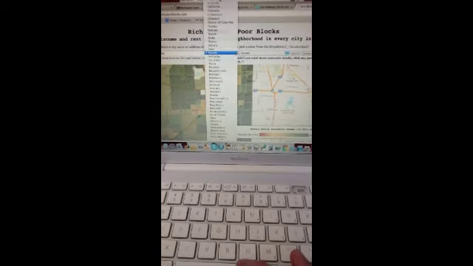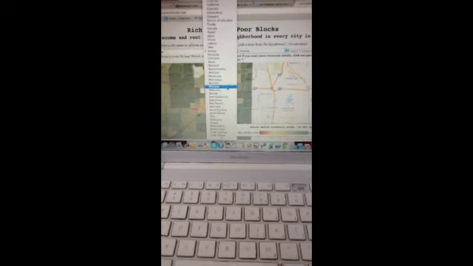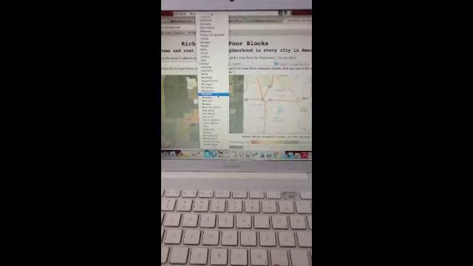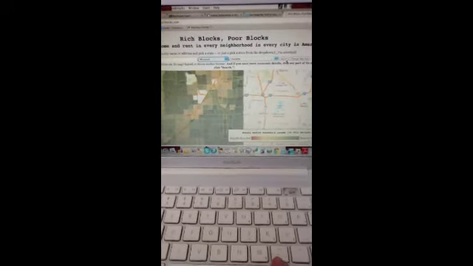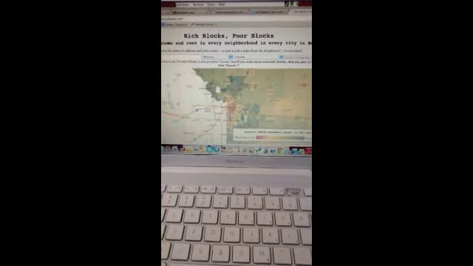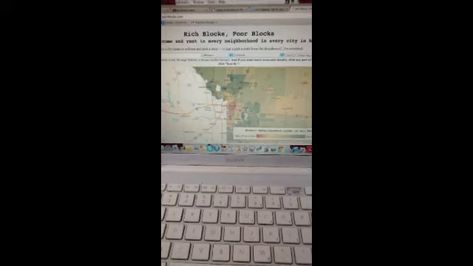Kansas City, of course, a bi-state metropolitan area, so we need to look at Missouri as well. So we're going to keep our Kansas City here, but now we're putting in Missouri. Keep the income, search, and here's what it looks like on the Missouri side. We'll